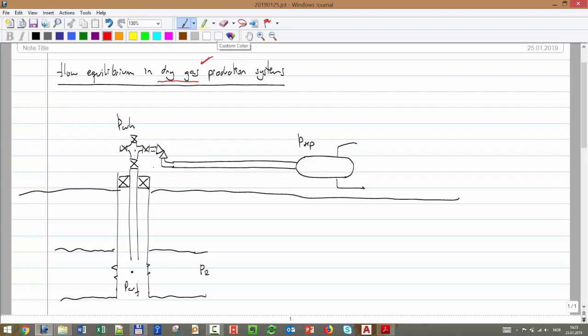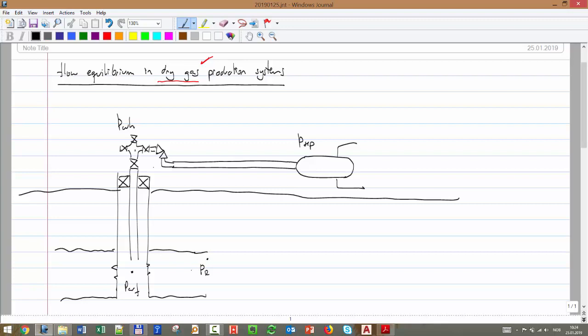When we go to multi-phase, or even single phase, it's a bit difficult to have just one nice equation that we can use. That's also the other motivation to use dry gas. Okay, so now let's look at this diagram, and we have here a production system going from reservoir, a